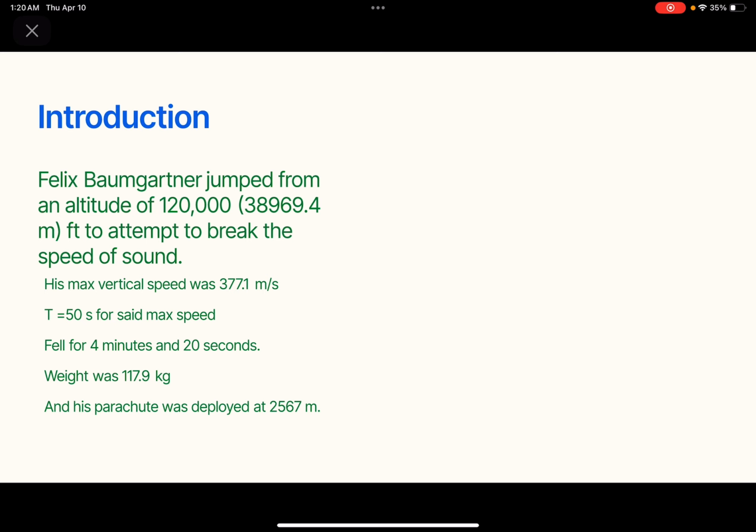So there's this guy, Felix Baumgartner. He jumped from an altitude of 120,000 feet to attempt to break the sound barrier. His max vertical speed was 377.1 meters per second, and it took him 50 seconds to reach that max speed, and then he fell for 4 minutes and 20 seconds before he opened up his parachute. He weighed 117.9 kilograms, and his parachute was deployed at